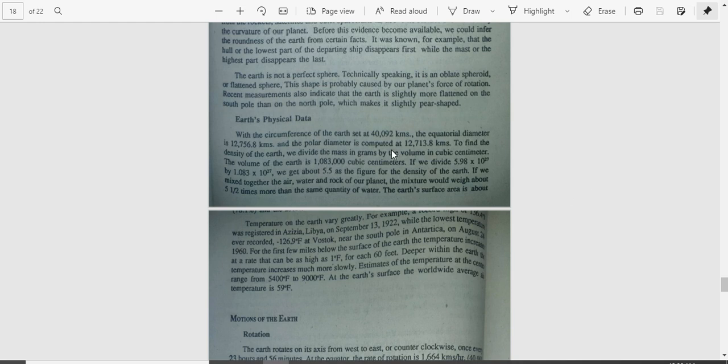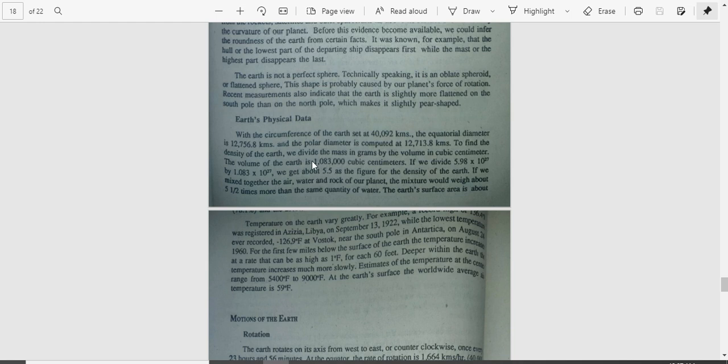You don't need to mind the exact numbers, but you can round off to thousands or hundreds. So roughly 12,800 kilometers for the equatorial diameter, and the polar diameter is also roughly around